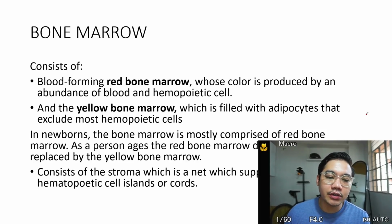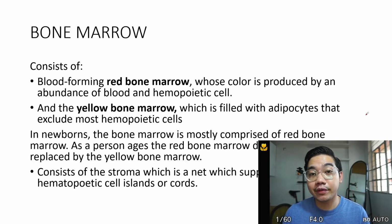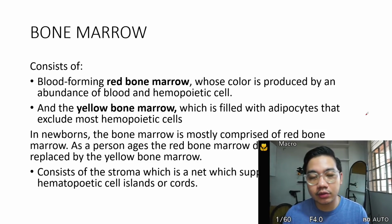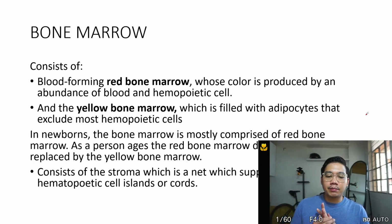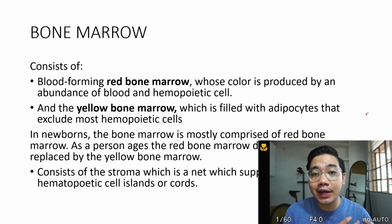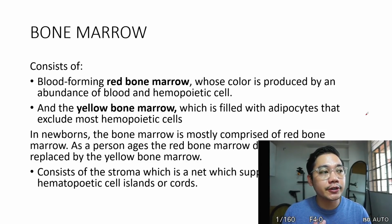So the bone marrow consists of the red bone marrow, which contains the hematopoietic cells, no? From your stem cells to your maturing neutrophils, your progenitor cells, everything is in there. The yellow bone marrow is filled up with adipocytes. So what's the purpose of these adipocytes? They tend to fill in the gaps between the red bone marrow,